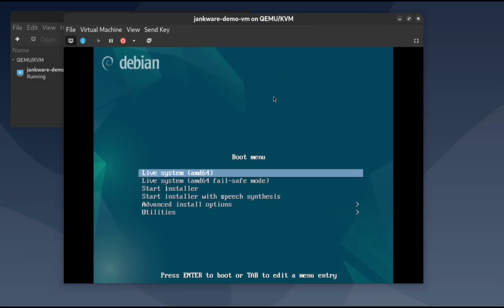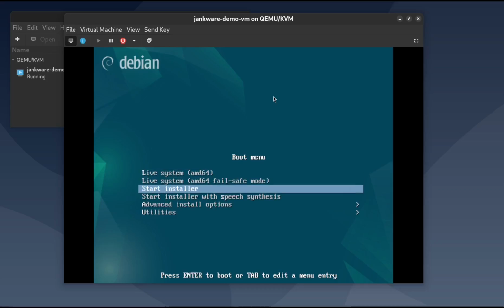I'm not going to use the live system. You can do an installation from the live system, and there's something called a Calamares installer. I don't like it. I actually prefer the regular installer. I'm probably in the minority of people with that preference, but that's what it is. I'm showing you how I do it, not how other people do it. This is how I do it. So we do start installer,